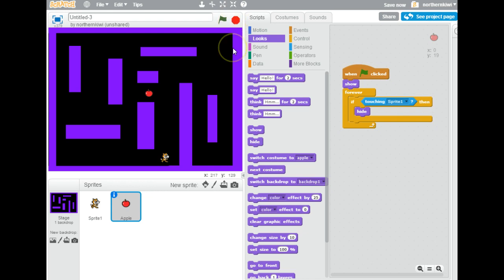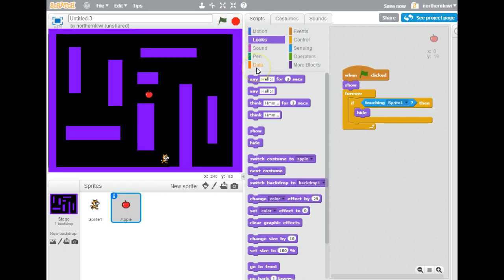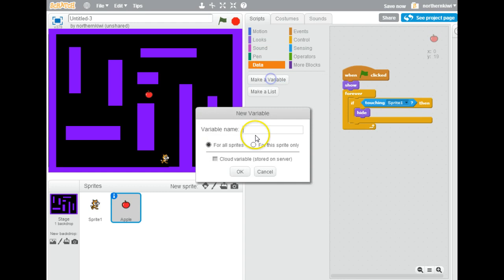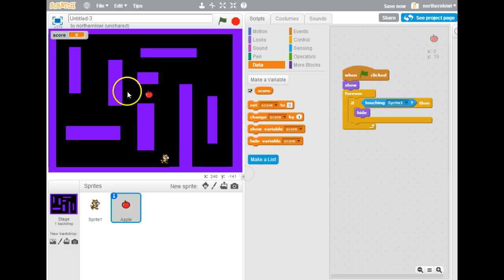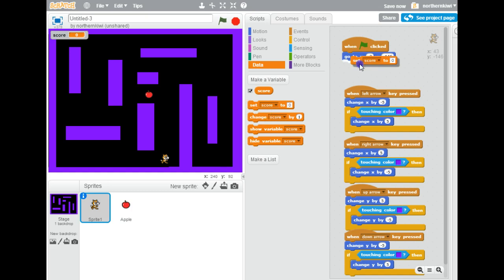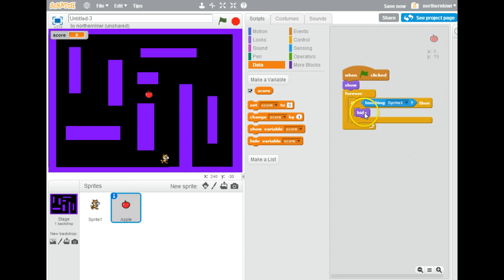But I'm not getting any points, so what I need to do now is add in a variable to store some information. I'm going to make this variable, and we're going to call it score. And what we want, we're going to link it up with the player, and each time we start the game, we're going to set the score to 0, so it's going to reset. And now with the apple, each time I touch it, I want the score to go up by 1. So now if we play,